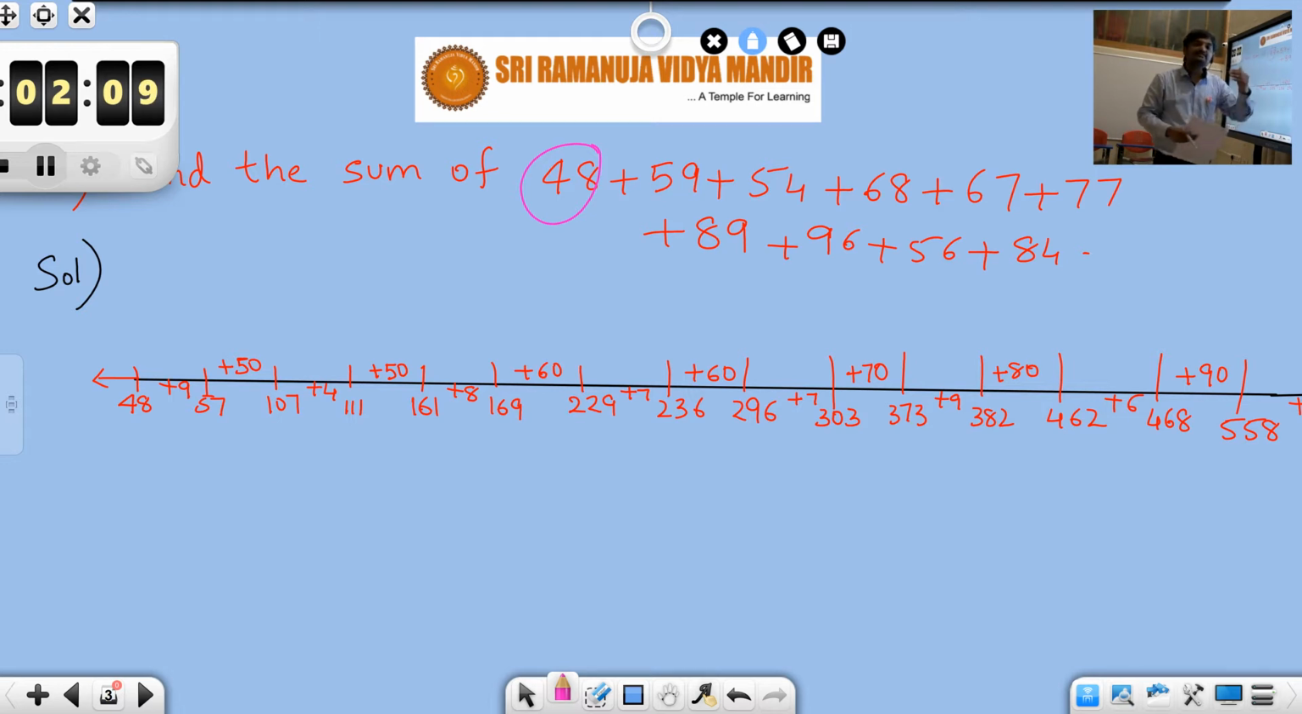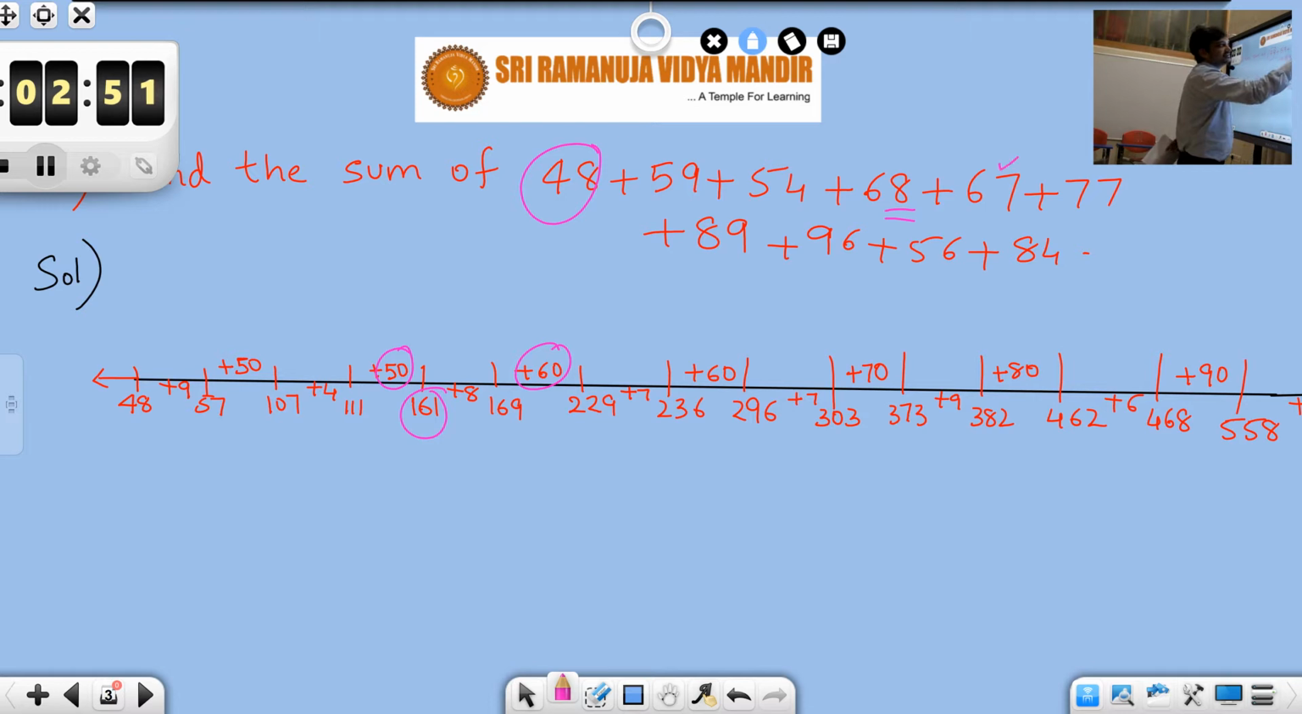Because we are used to single digit additions, we'll use the same process when we have to add two digit numbers as well. So first 48 plus 9, that is 57, and then 57 plus 50, that is 107, 107 plus 4, 111, 111 plus 50, 161, 161 plus 8, 169, 169 plus 60,